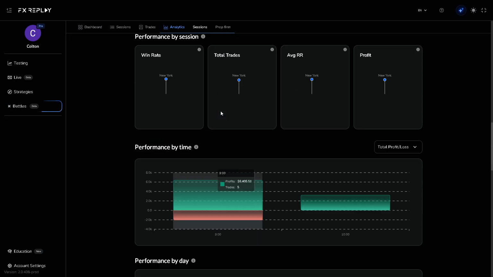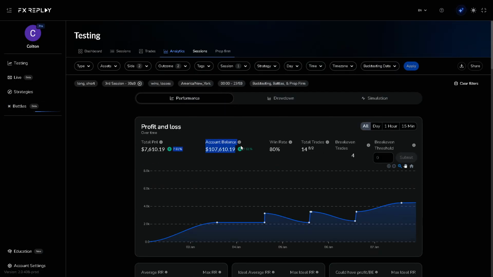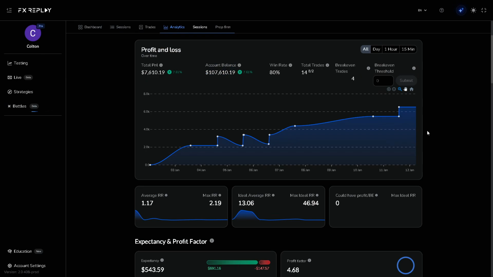Very solid. Very solid. So, already up 7,000 on the account. 80% win rate here. Very solid.